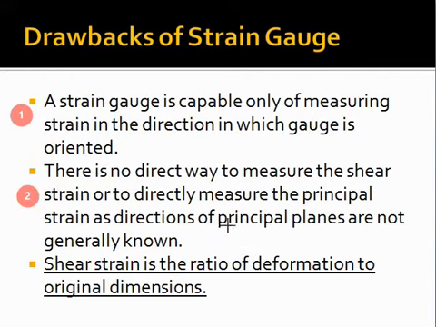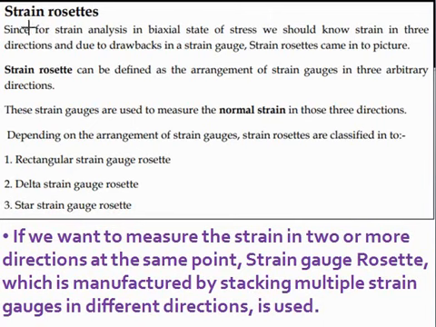It means the strain gauge is actually internally mounted in the measuring instrument, and the observer doesn't know how the strain gauge axis is aligned and where the strain gauge is actually placed in the measuring instrument. So that causes a problem of alignment. Okay. So what are the remedies that we have to look at? The remedy is strain rosette.